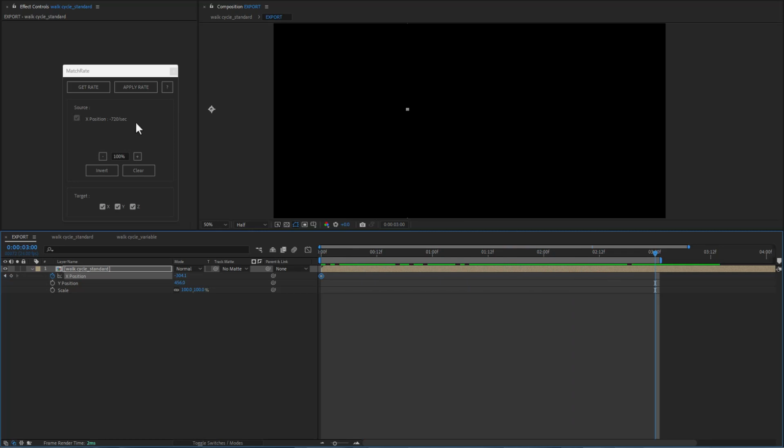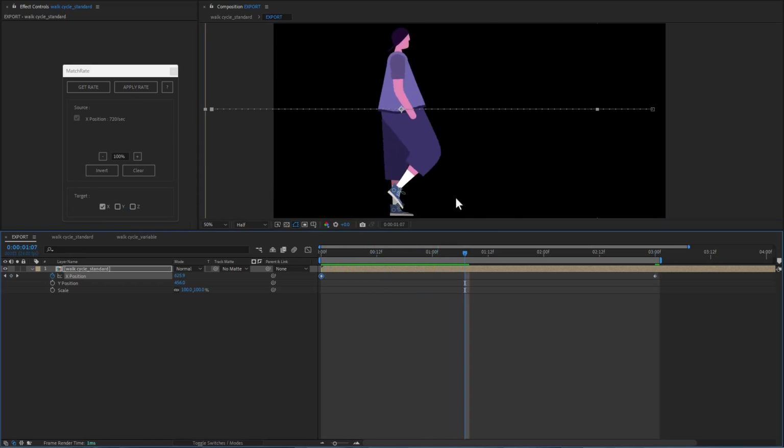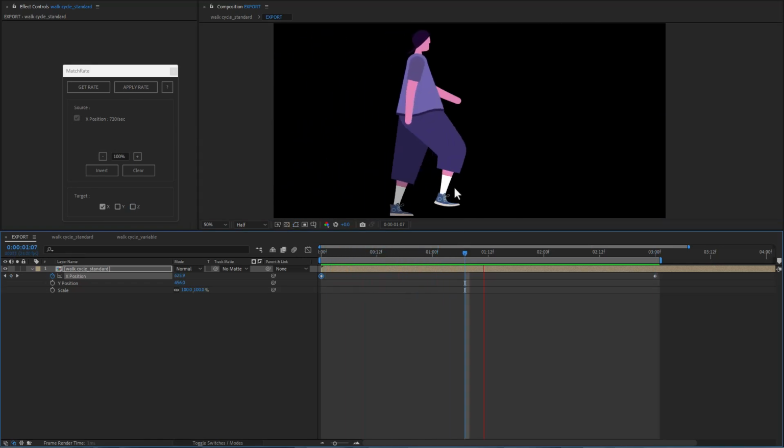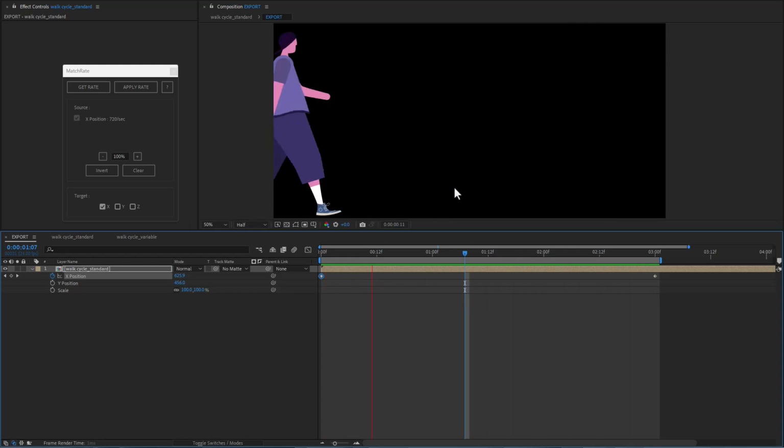So using Matchrate here, we're going to go ahead and invert this value because the foot was going from right to left, but he's going to be moving from left to right. So let's go ahead and invert this. And we're only concerned about him moving along the x-axis. So with X position selected, let's click on Apply Rate. And now when he moves through here, let's do a ramp preview, we can see that he's sticking perfectly